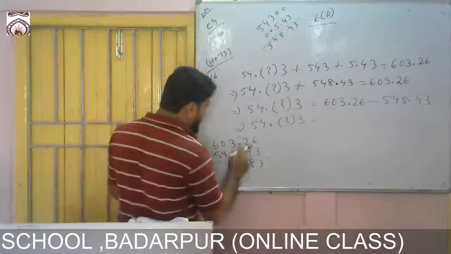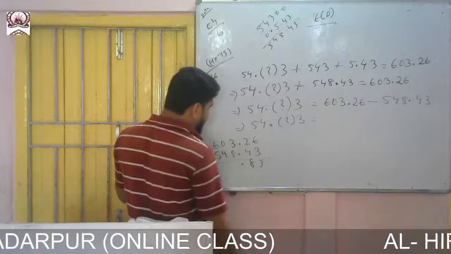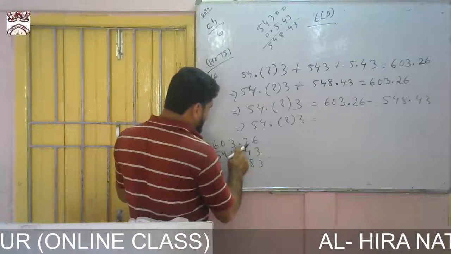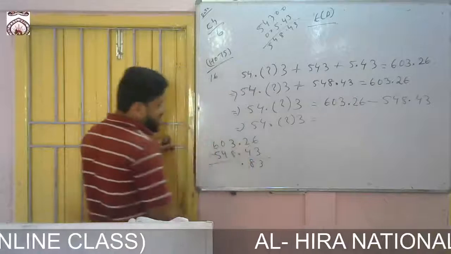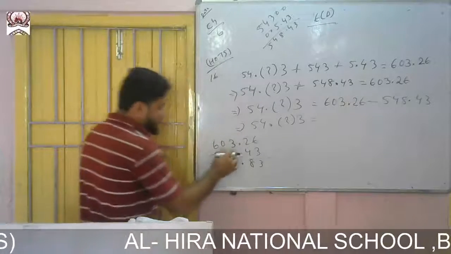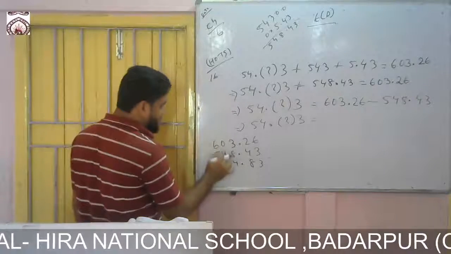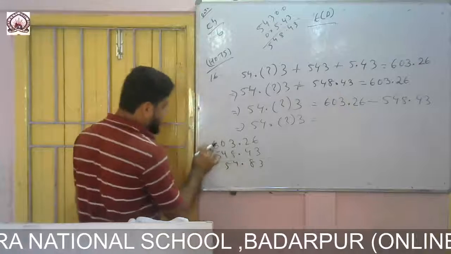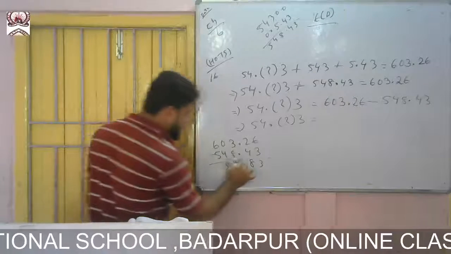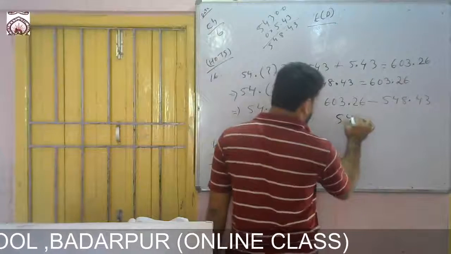3. Then if I bring here 12, then 12 minus 4, it is 8. Here 12 remains. So 12 minus 8, it is 4. Here 9 remains. 9 minus 4, it is 5. Here 5 remains. 5 minus 5, it is 0. So you see what is coming? 54.83.